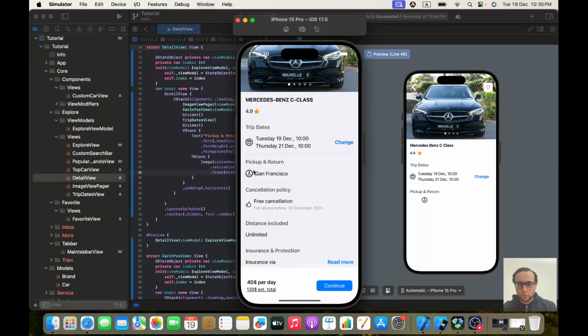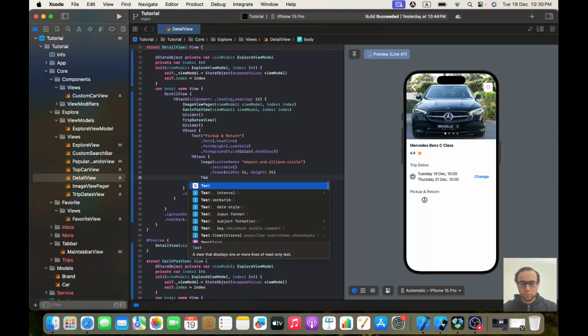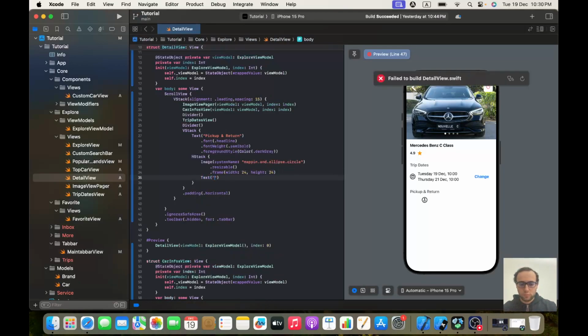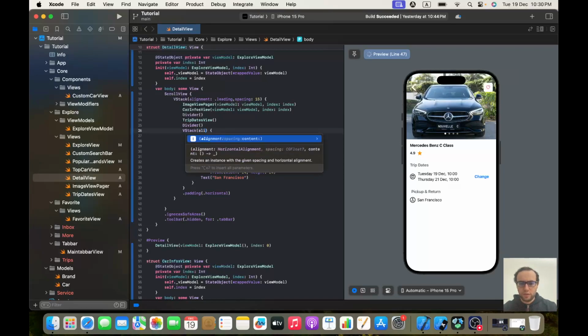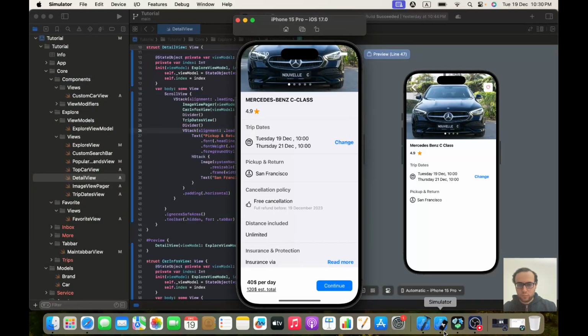Okay, now we will give it a text, San Francisco. Okay, the VStack we will give it an alignment of dot leading. Okay, this looks okay to me, but